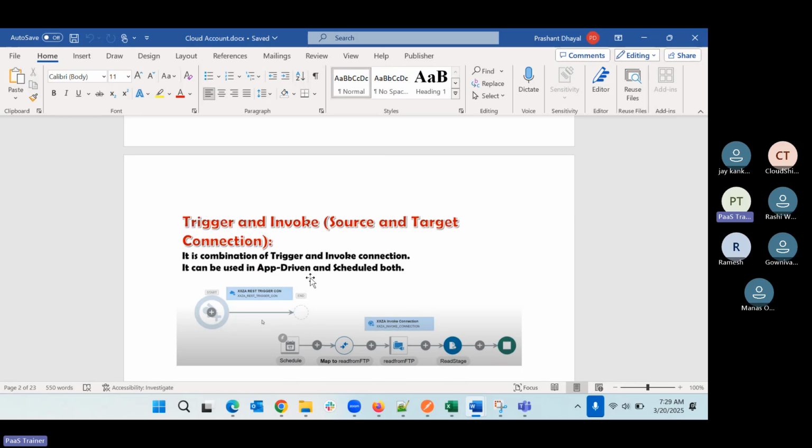When we are not sure, or when we know that in some scenarios it is going to be treated as both, we can go with both trigger and invoke. When we know it is always going to be the trigger only, we can go for the specific trigger. When we know it is always going to be the invoke only, we can go with the invoke. But when we know it can be treated as both,